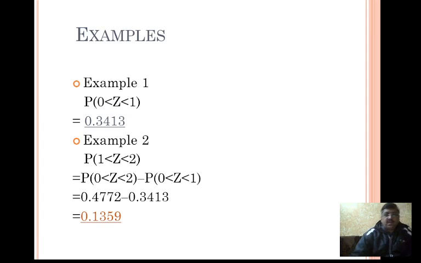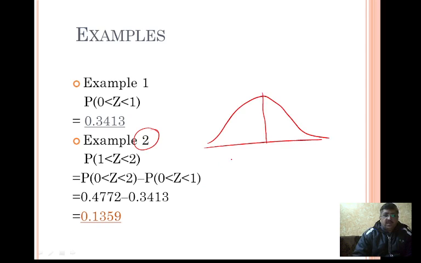Few more examples are there on the screen. You can see that if you find the area between 1 to 2, it looks like this, and how and why we are tracing, that we need to understand, right? For that, my dear student, I always recommend you to trace a graph like this. Let me explain with the second example. Suppose this is a normal distribution curve, roughly sketched, and here you need to find 1 to 2. That means somewhere here z equals 1 is there, and somewhere here z equals 2 is there, right? And this area is of interest. So how will we do it?